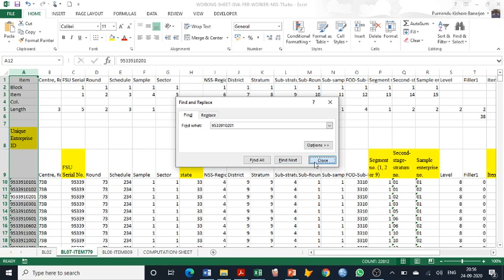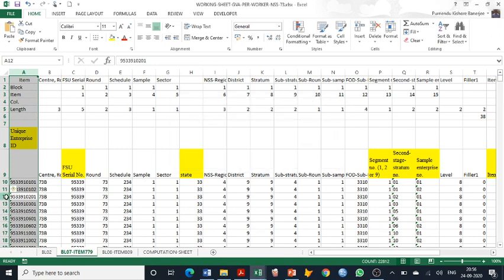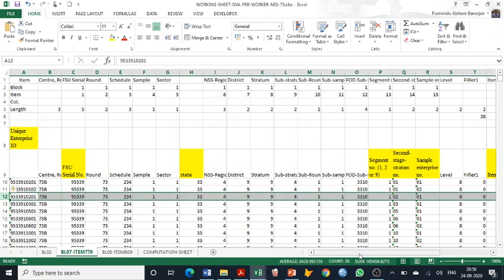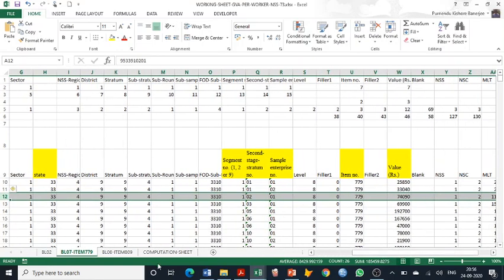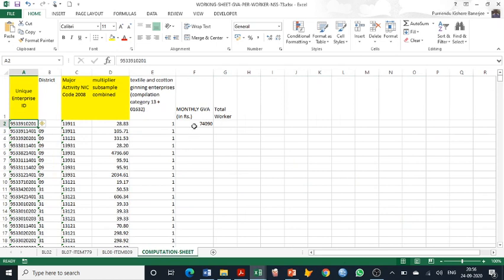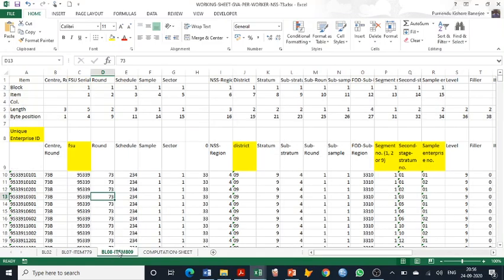We have got it. So this is the particular row, and now let us see what is the value in this row. 74090. Let us see what we have got here, 74090. So we are bang on target. The same thing now we will try with total worker. So let us first find out in total worker what is the situation. We have the structure is same. The first column we have the unique enterprise ID.